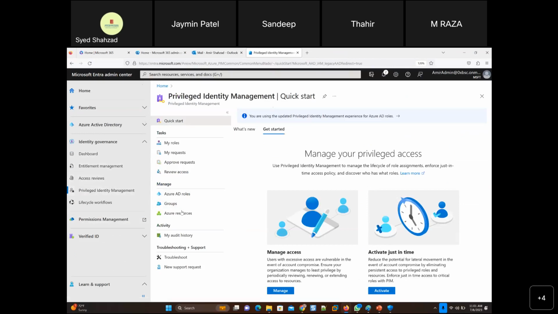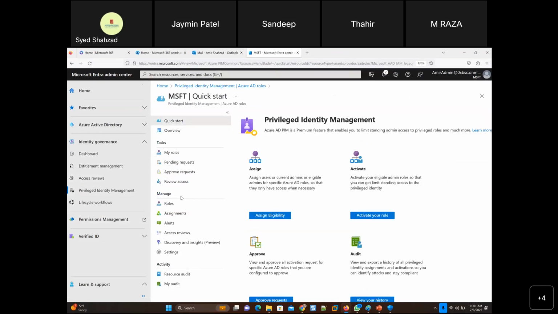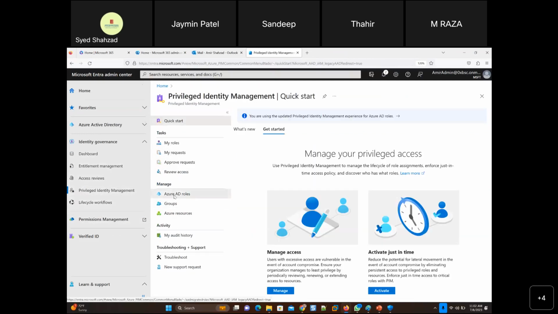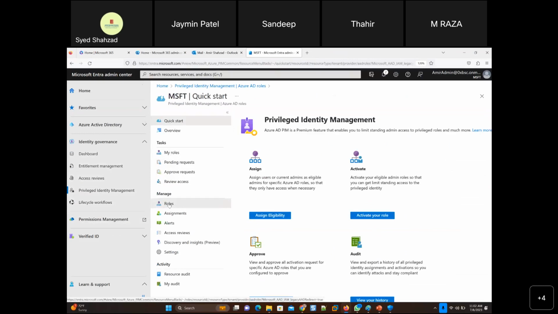I went from here, but we can go from here as well. Azure AD roles, and then here, manage roles, right? So it's the same thing: privileged identity management, Azure AD roles, and then roles.